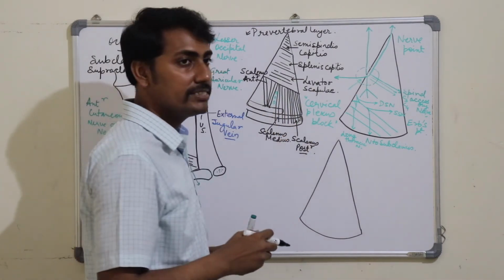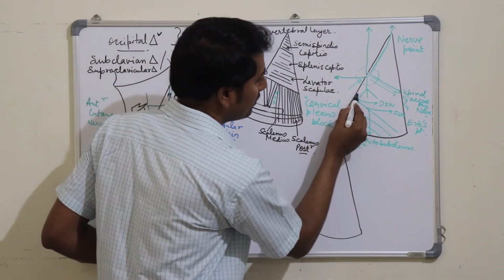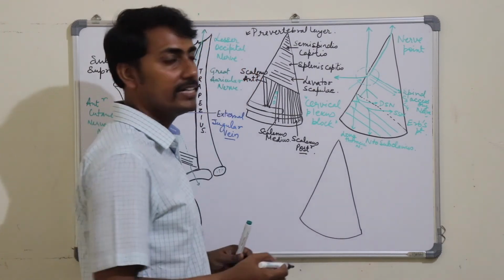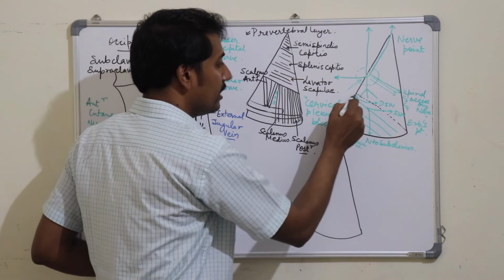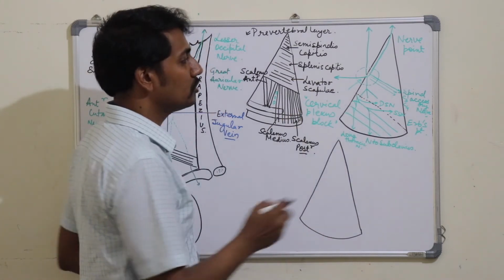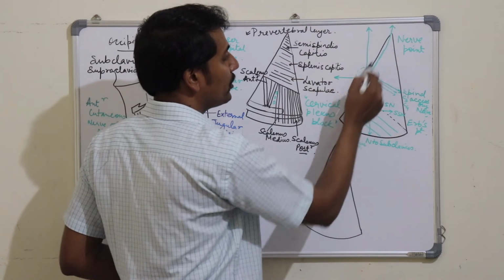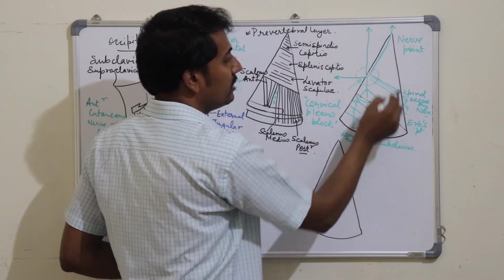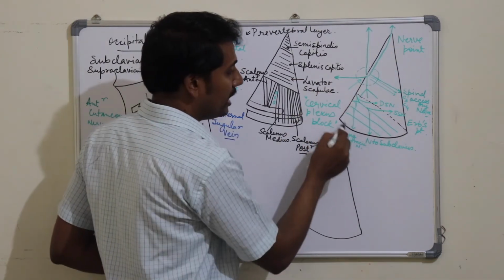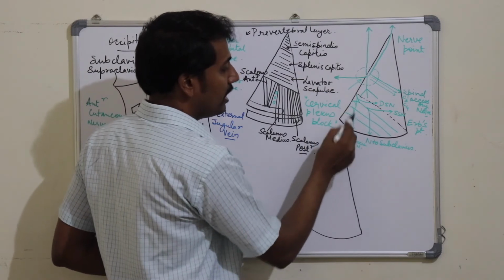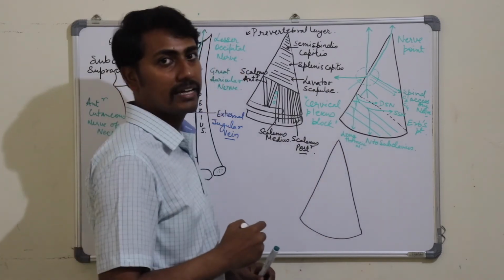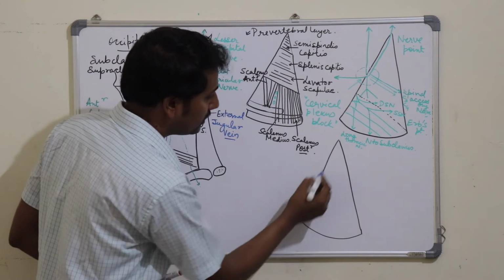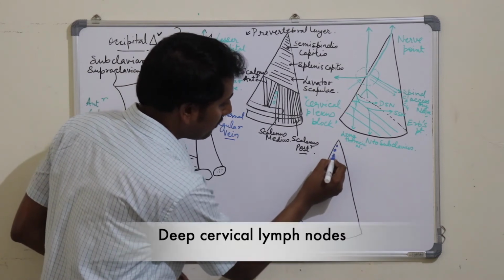So in this diagram, if you place the inferior belly of the omohyoid muscle here, we will be able to see what are the different contents of the occipital triangle and the subclavian triangle. So the nerve point along with its four cutaneous nerves and the spinal accessory nerve along with C3 and C4 are contents of the occipital triangle, and the cervical part of the brachial plexus along with its branches are present in the subclavian triangle. Now the vessels and the lymph nodes. Along the posterior border of the sternocleidomastoid muscle lie various deep cervical lymph nodes.